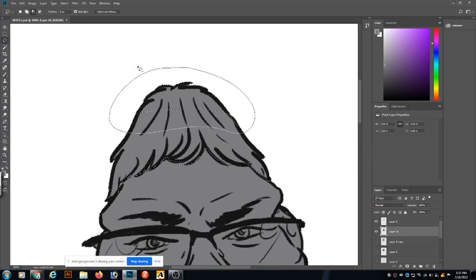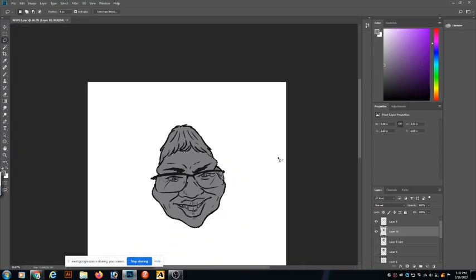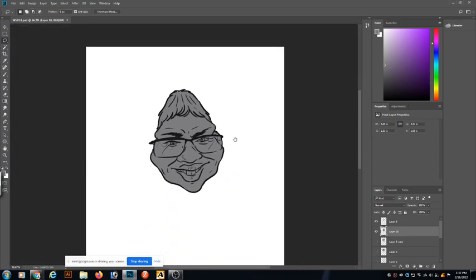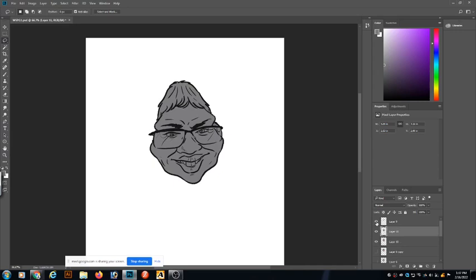I'm only using the lasso tools to work on that, right? And then what I can do from here, copy and paste, I can only select the faces there, right? Okay, from here I can start to paint. See, this is the base color, for example. Then we can start to paint there, guys.